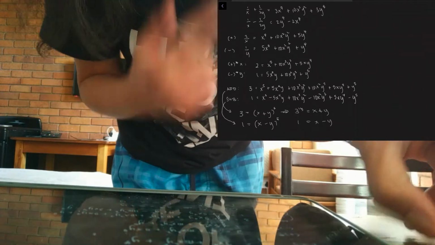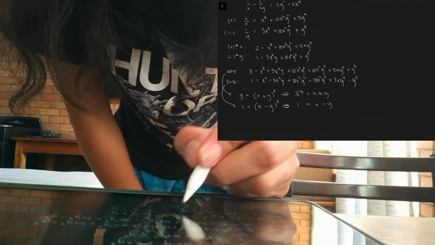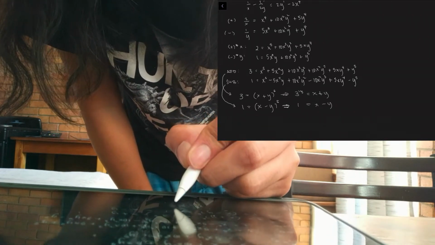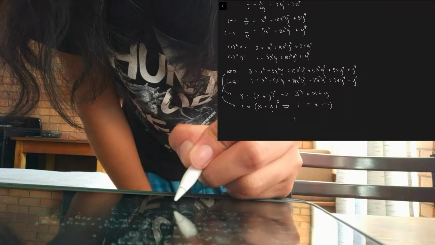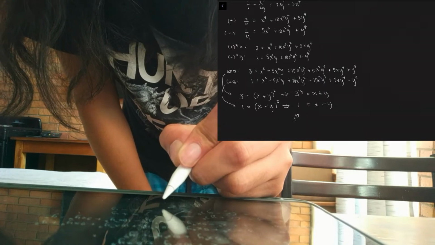But yeah, anyway, from these equations again, we can add to get rid of y. When you add them, this gives you the fifth root of 3